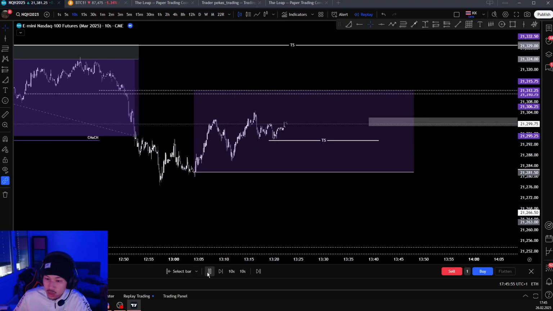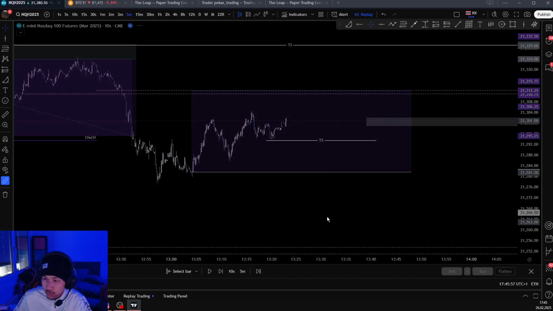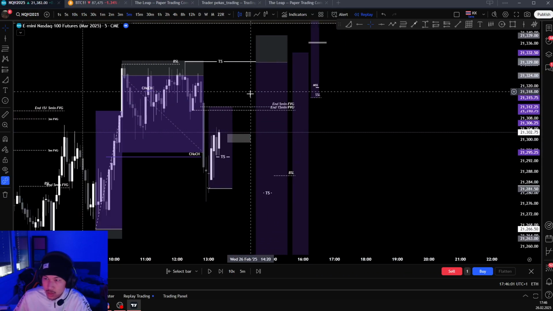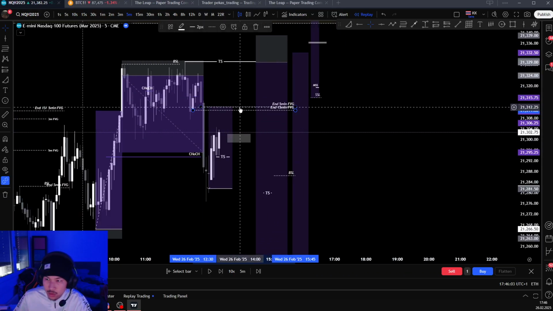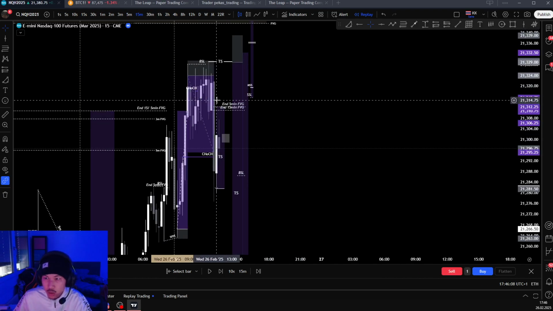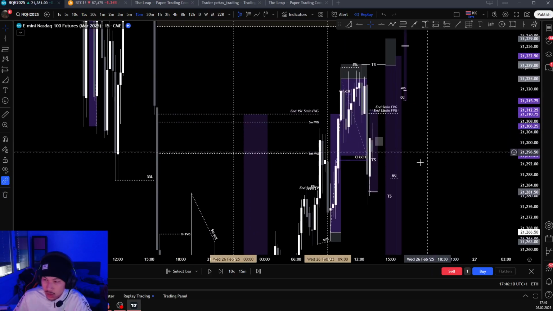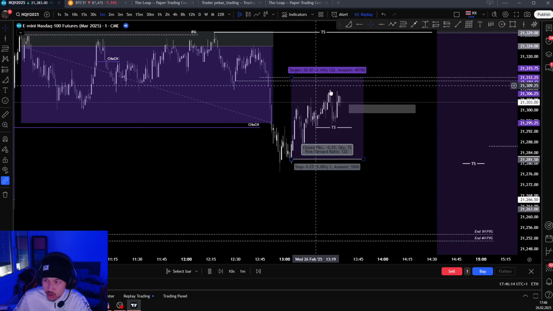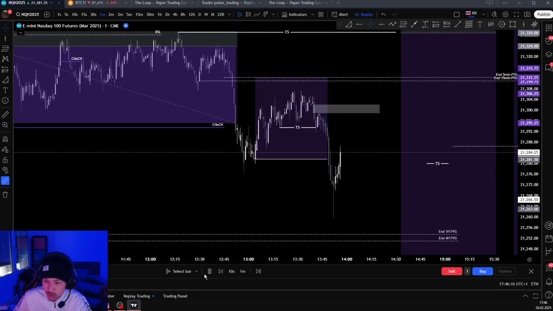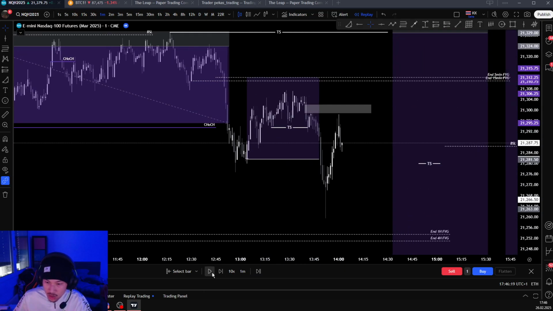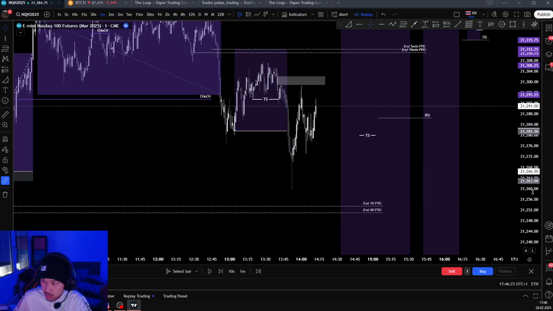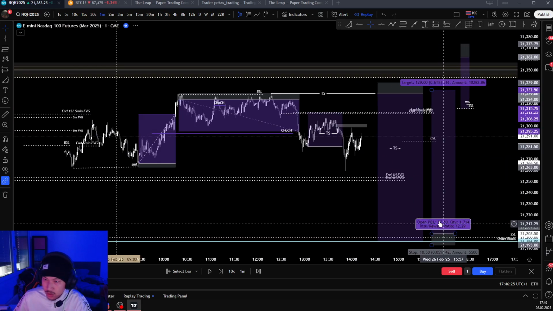My TP was the end fair value gaps, again a 15-minute end fair value gap and a 5-minute end fair value gap. You can see it because it could potentially reverse from there again. Yeah, but what the market did is it just came all the way back down. I thought this was a turtle soup, but my stop loss was at break even, and then it just stopped me out. And then I was waiting for another trade,